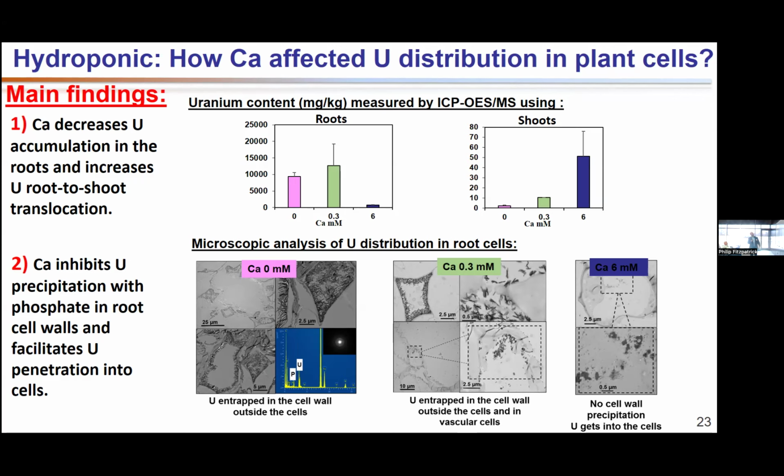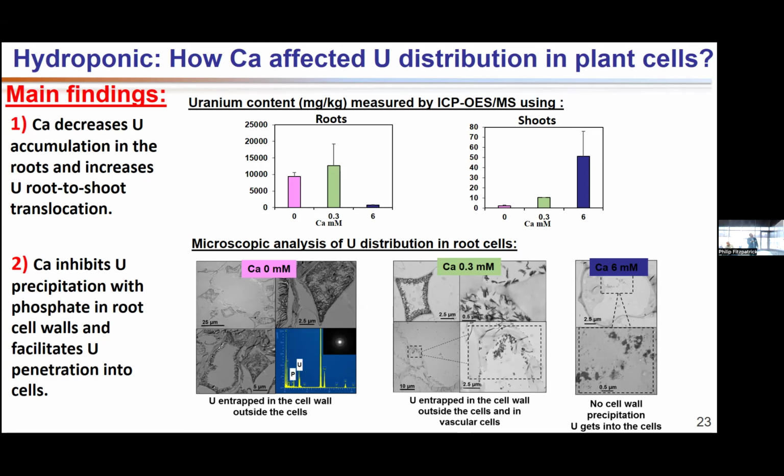This is a very cool finding, because as the calcium increased, the uranium content in the roots went down, but in the shoots we started to see more uranium. So why is that? When we looked at microscopy analysis, this is TEM analysis, we saw uranium precipitating with phosphate, forming these needles. So you might have more uranium accumulating in the plants, but it is outside of the cells. It is these needles that the cells are smart enough not to let in, those needles outside, because you can think of this as a membrane.